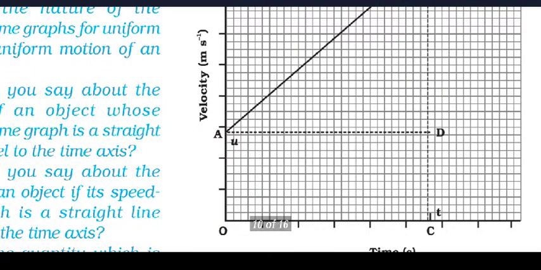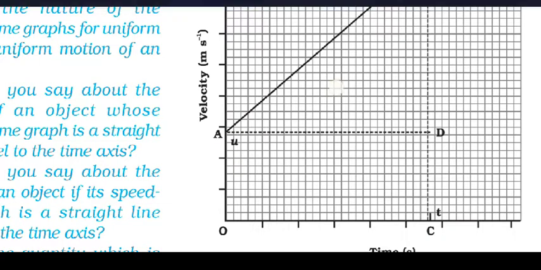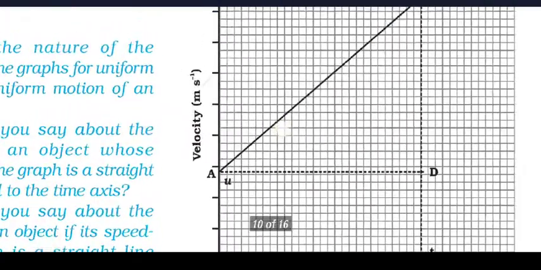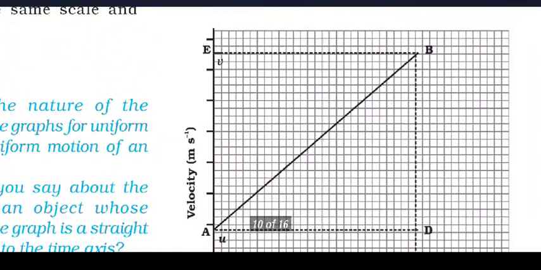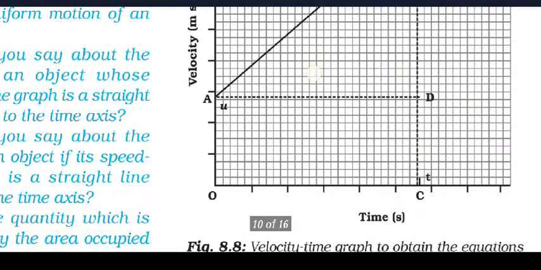When acceleration is occurring, we have to see what type of acceleration it is. Is it uniform acceleration or non-uniform acceleration? If it is uniform acceleration, then the velocity is changing, increasing or decreasing, in a specific interval of time. Whenever it is a uniform acceleration graph, it will be a straight line, and here I can clearly see a straight line.